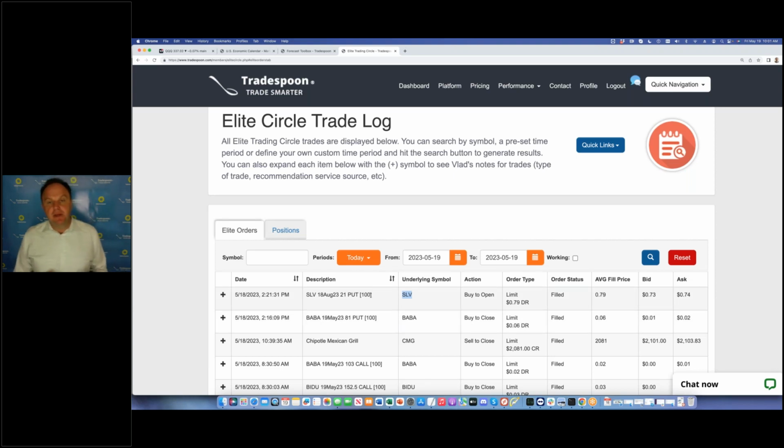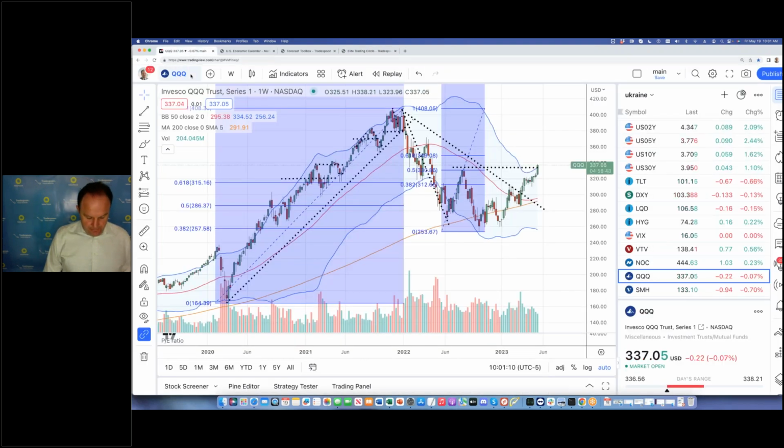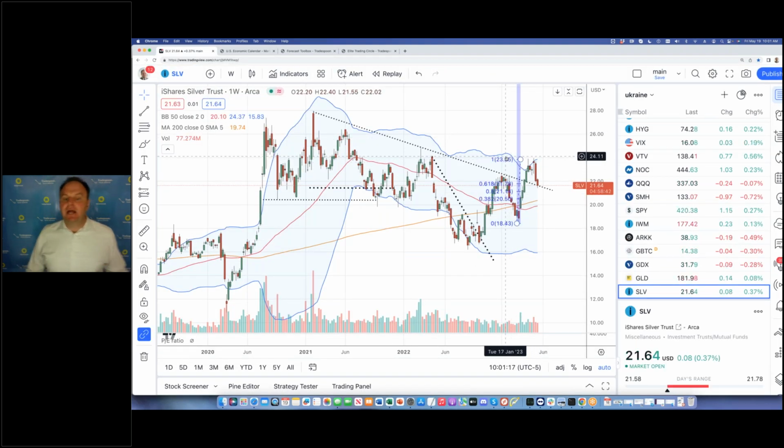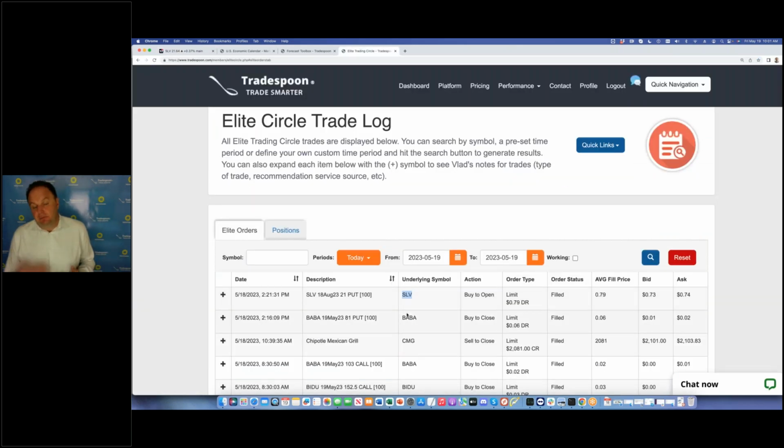Some of them are options, some of them are stocks, like silver, right? I'm long silver, right? I think we're still trading in the bear market. Silver is at a 52-week high, right? It was unable to break through the 52-week high, right? Dollar is rising, so it did pull back to this downtrend, right, to this breakout of the downtrend. And dollar continues to go higher. So unless we have some kind of event, dollar continues going higher, silver is probably going to continue going lower. So I am hedging my silver position by buying a put, right? So that's one type of trade.